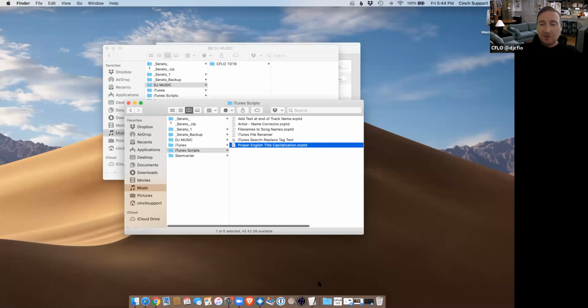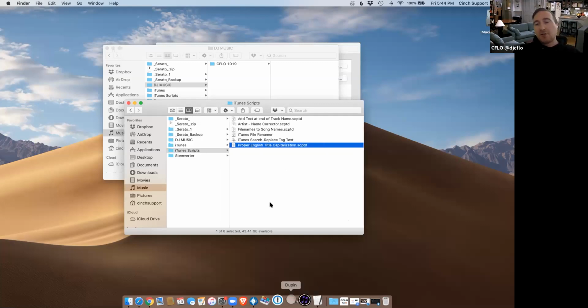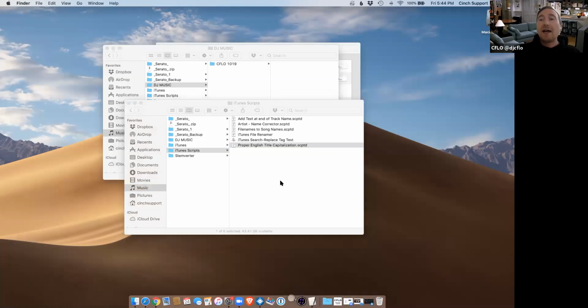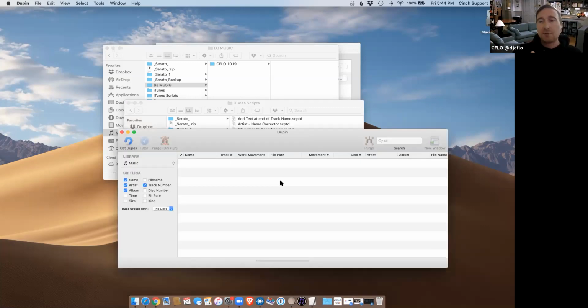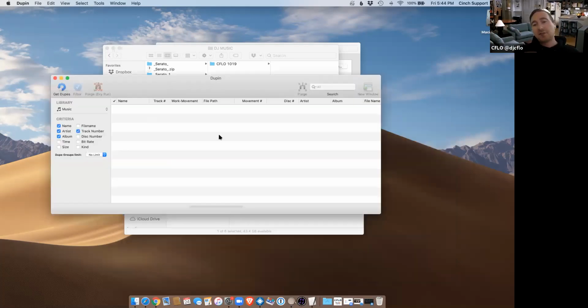Now, Doug also makes this program called Dupin, and this is for finding duplicate files. So if you want to add all the songs into iTunes, again, temporarily, so you can run these programs, you put all the songs in iTunes, and then Dupin, this is $15, you do have to pay for this. You can go to the library and say, hey, tighten up the criteria all the way. This is literally duplicates down to the file name. Now, if your file name was Drake the Motto and Drake the Motto 2, it wouldn't find those as duplicates.